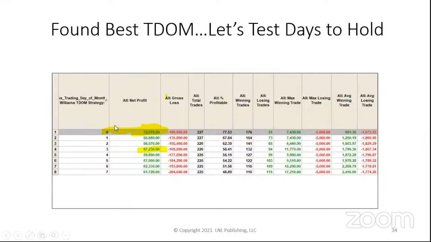I want to test days to hold that first trading day of the month that we look. So I can test day getting out zero first profitable opening, or hold it for 3, 4, 5, 6, 7 days. Oh, I make a lot of money on that first profitable opening with 77% accuracy. Hold for 3 days, I do pretty good, $67,000. But in this case, I need this app for Trade Navigator. No, it's not. We don't do anything with Trade Navigator anymore. So what we've learned is that first trading day of the month, the best strategy, take your profit and run. We made some money, but we didn't make as much by holding. So we can learn by testing. That's the beauty of this. You can test this stuff.